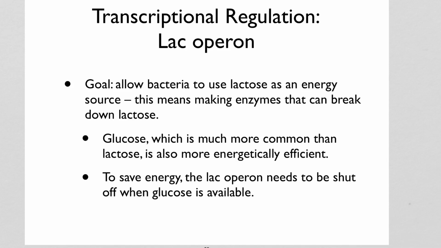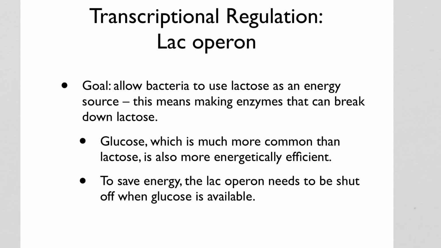And the goal of the lac operon is to allow bacteria to use lactose, but only when glucose is not available. So since glucose is more abundant and it's more efficient, bacteria will choose to use glucose first, but if it's not available and there's some lactose around, you want to take advantage of that. And so what this means is